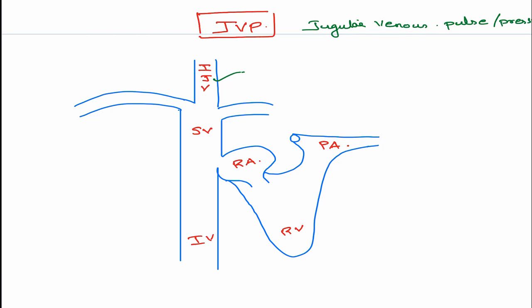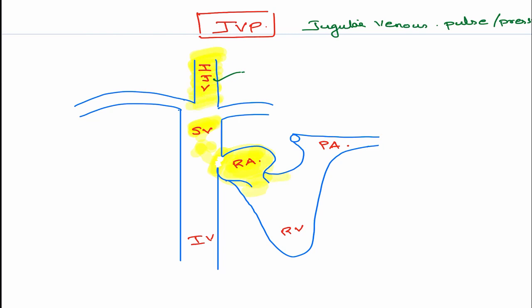And why is this pressure within the internal jugular vein so important? Because the right atrium is connected to the vena cava, especially the superior vena cava. And is there any valve here? No, there is no valve here. It's a valveless system. So any pressure within the right atrium can be easily felt in the vena cava system, which is not accessible for us, but we can access the internal jugular vein.